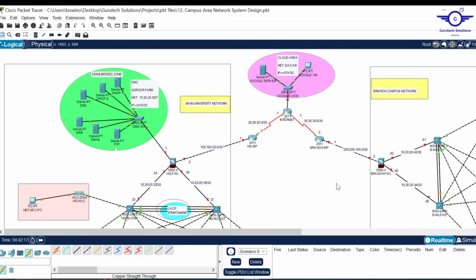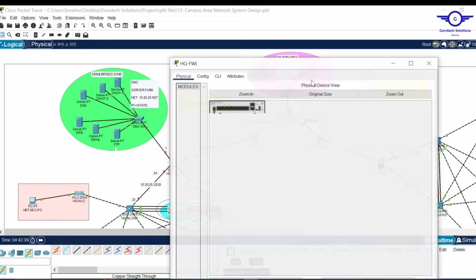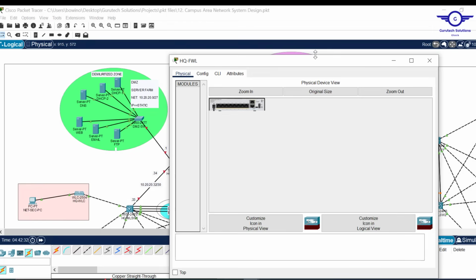Okay, so I'm going to configure IP addresses on the routers and the multi-layer switches' interfaces. All right, so finally, we want to configure IP addresses on the firewall. Firewall is very delicate. That's why I did the routers very fast, so we have time to do the firewall. For the firewall, just click on the firewall, and